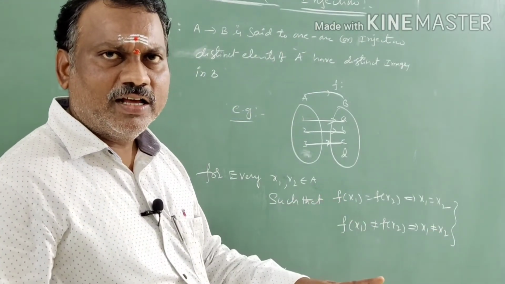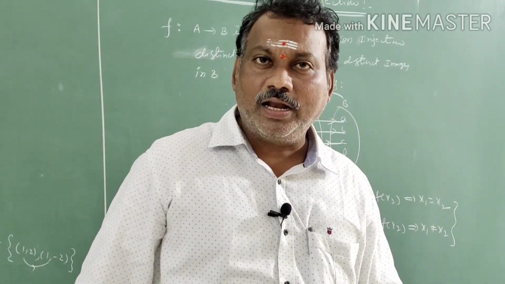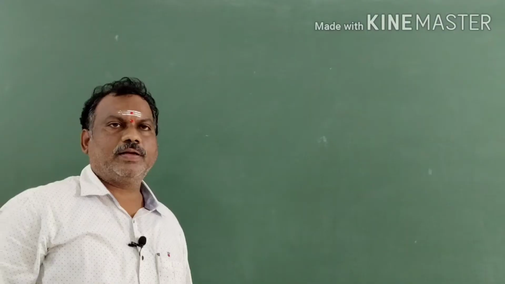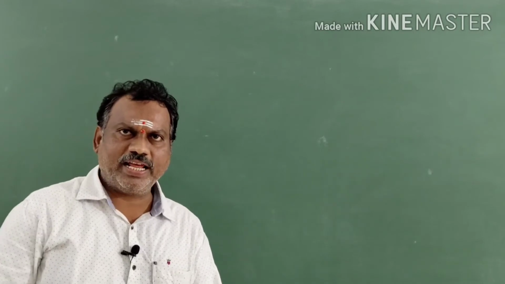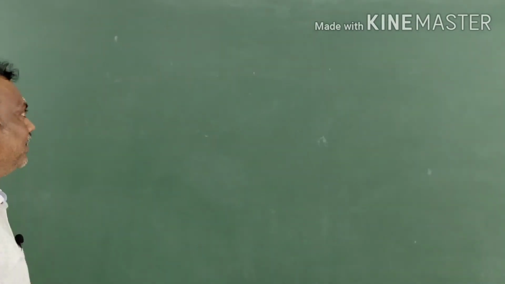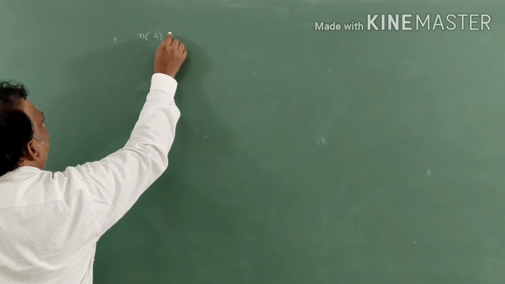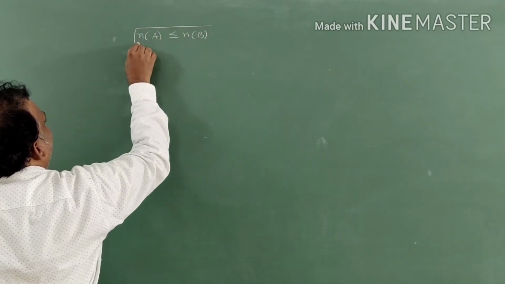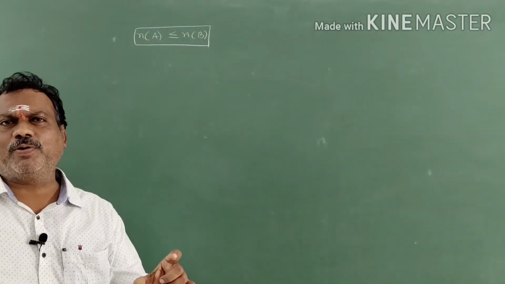Now we have to see the number of one-one functions, whether it is possible or not, and how they are possible. Next, what is the graphical test for a one-one function? Now we will discuss that. Right, students? Now we will discuss the number of one-one functions. There is a condition. It is not always possible. What is the condition? Remember always, n of A, the number of elements in set A, is always less than or equal to the number of elements in set B. I will explain why it is not possible in other cases. In this case only, one-one functions are possible.